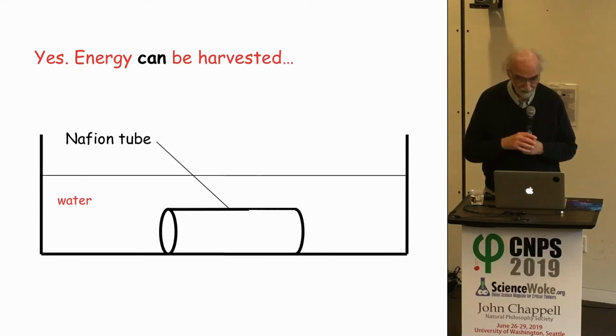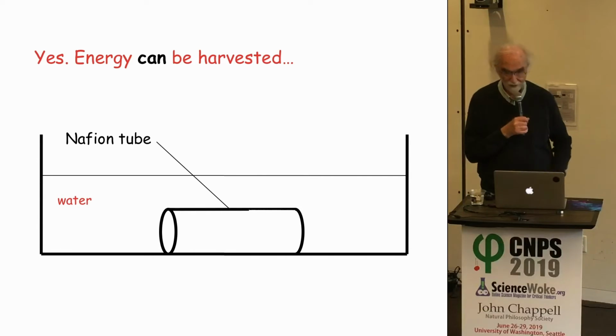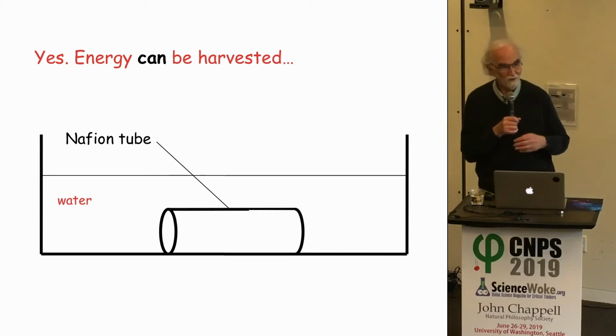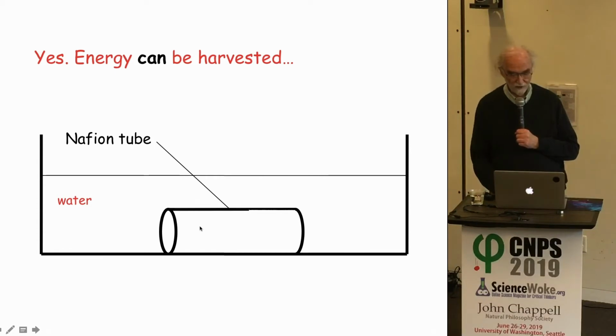So the experiment was done by another disobedient undergraduate student. And we had just found out, there have been quite a few working in the lab, and it seems they're the most open-minded, and they're the ones who find interesting stuff. So this student, we had just found out that Nafion comes not only in sheets that we had been studying, but also in tubes, looked like this, like a straw. And I asked him to check to see whether if you take this tube and put it in water with microspheres, can you find an exclusion zone right on the outside and also on the inside? We expect annular exclusion zones.